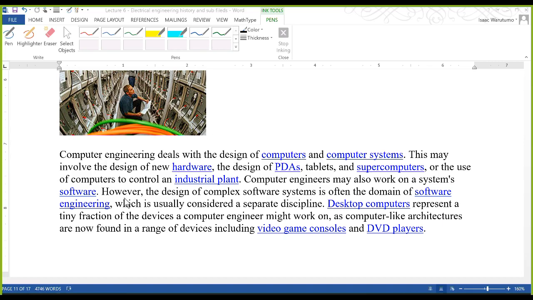So again, there are two sub-branches which you might find under computer engineering, that is software engineering and hardware engineering. In software engineering, you are concerned with software systems, what programs run, how to give instructions to the devices, etc. It is more concerned with the instructions that run in computers, whereas hardware engineering is the one where you are dealing with physical components, the hard components like the electronics part of the computers.